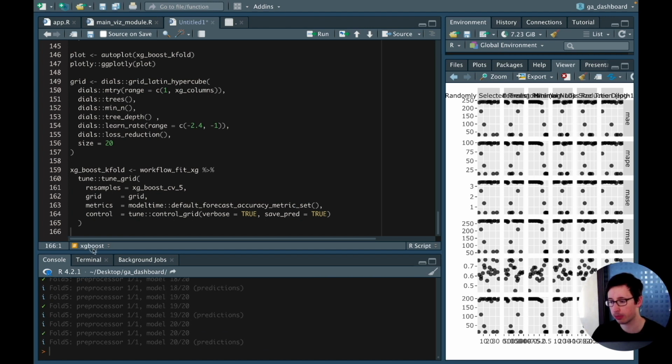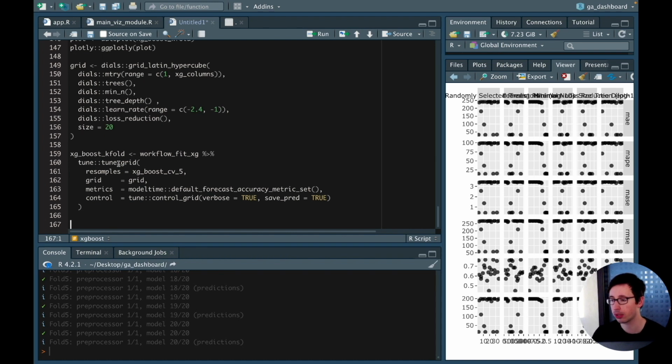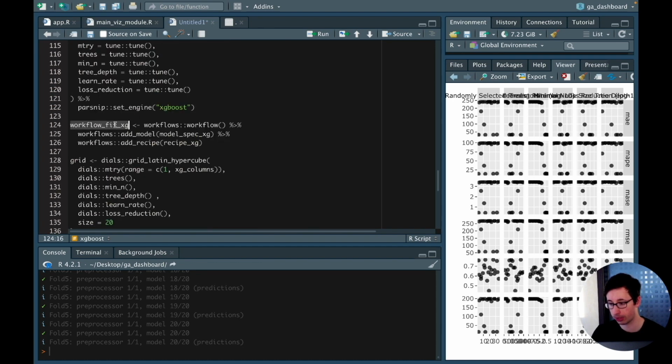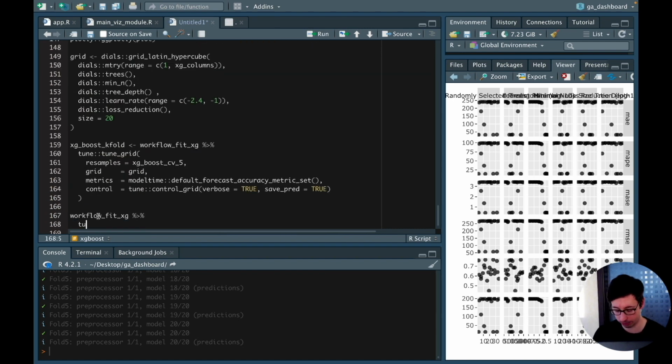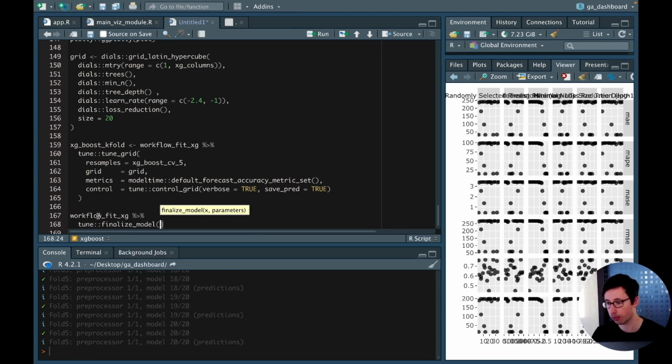Now this model has been trained as well. Now what we're going to do is extract the best model from there. So we already defined the workflow in here, so we'll need that object again. Then from tune, we'll say finalize